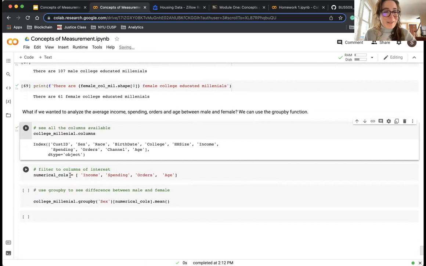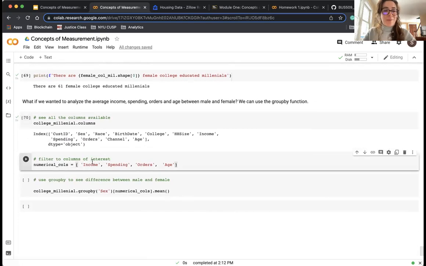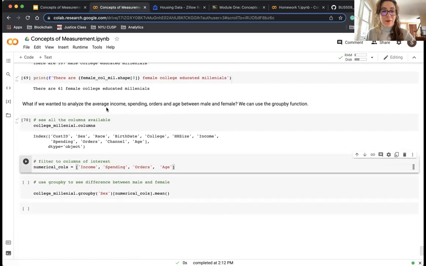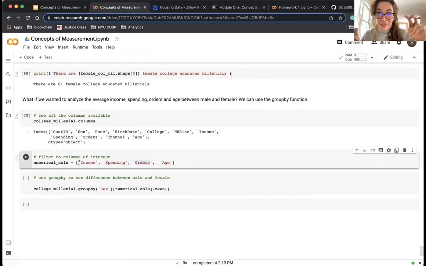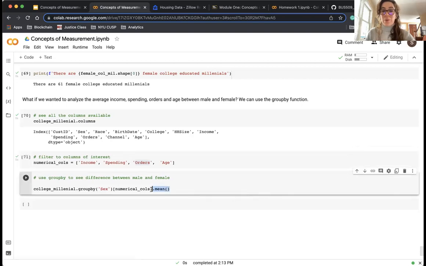now we can filter just to the columns of interest here, which we want to know the average income. All right. We're almost at the end here, so we're good. We have income, spending, orders, and age. And we'll get more into what this means when we talk about average. But for now, I'll just show you how we would calculate this in a very straightforward way, where we can actually say,